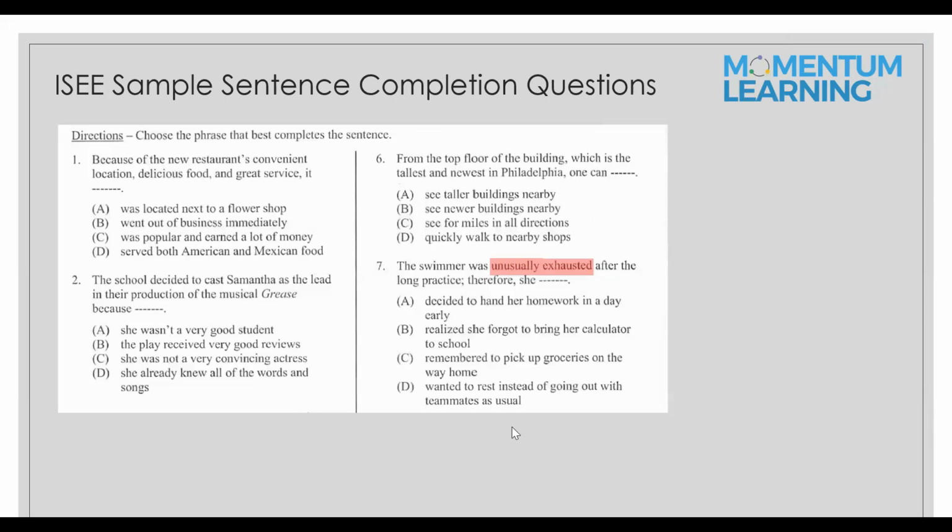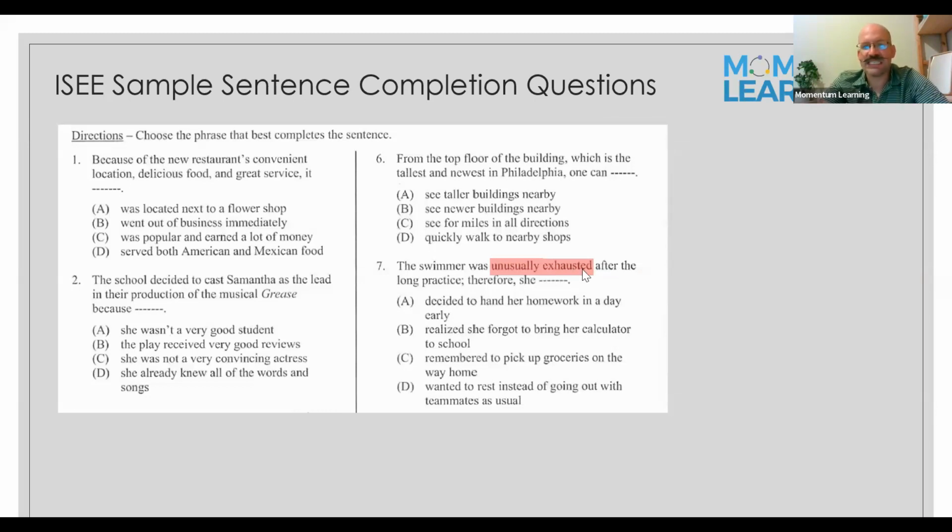Unusually exhausted, it's like she's not usually exhausted, so she wanted to rest instead of going out with her teammates, so D would make sense. Okay, D would make sense. But